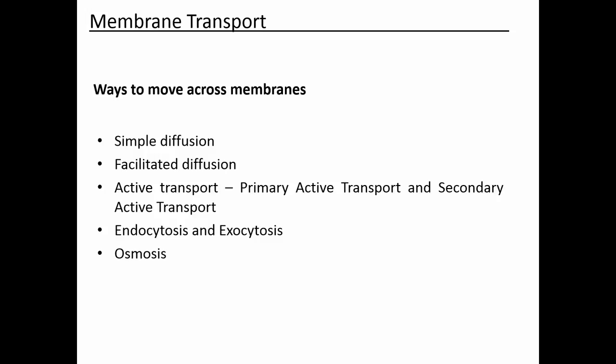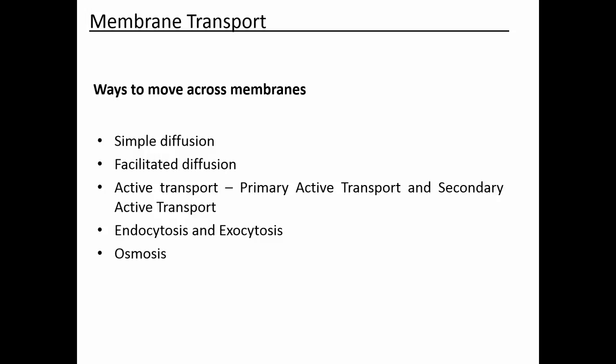So it's affected by the concentration gradient, which again is just the difference in concentration between the two sides. The concentration gradient favors that sodium moves into the cell. And then it's also affected by this electrical charge difference because these sodium ions are attracted to the negative ions on the inside of the cell. So that also favors the movement of sodium ions into the cell. So you have two things favoring the movement of sodium ions into the cell, both the concentration gradient and the